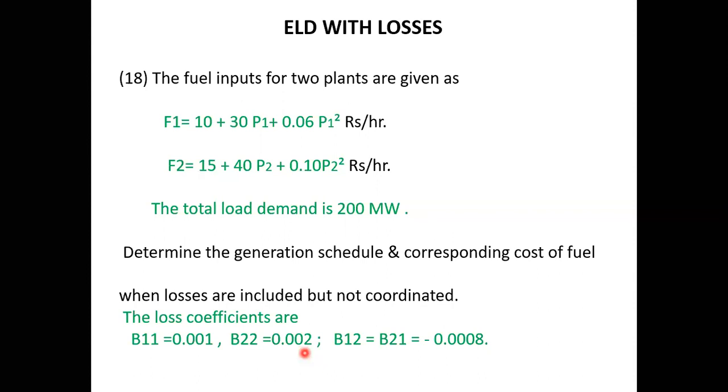So we know the PL value in terms of P1 and P2. We know the demand value. So substitute each and everything. You will get one more equation in terms of P1 and P2. That is nothing but the second equation. And try to solve the first equation and the second equation. Then you will get P1 and P2. So once you get P1 and P2, substitute this P1 and P2 in F1 and F2, then you will get the corresponding cost of fuel. This is so easy. So that's why I'm leaving this question for your practice. Okay? Understood everybody?